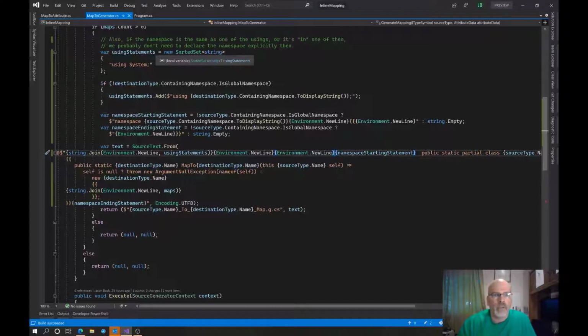Okay. Now, if it's in one of the usings, what do I mean by in them? If I have something like inline, like if I have something in inline mapping metadata, if I have it as a using statement, how do I want to say this? If I already have like system dot this dot that, and I'm trying to include something from system, I don't believe I need to actually put the using statement there. So that's what I'm saying. If the namespace is within, and I don't know really how you figure out what is within without doing something that's somewhat complicated. Or maybe it's